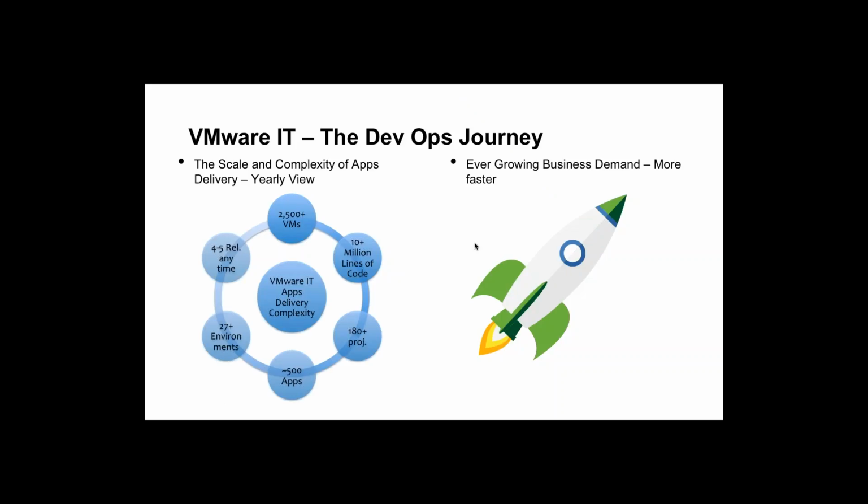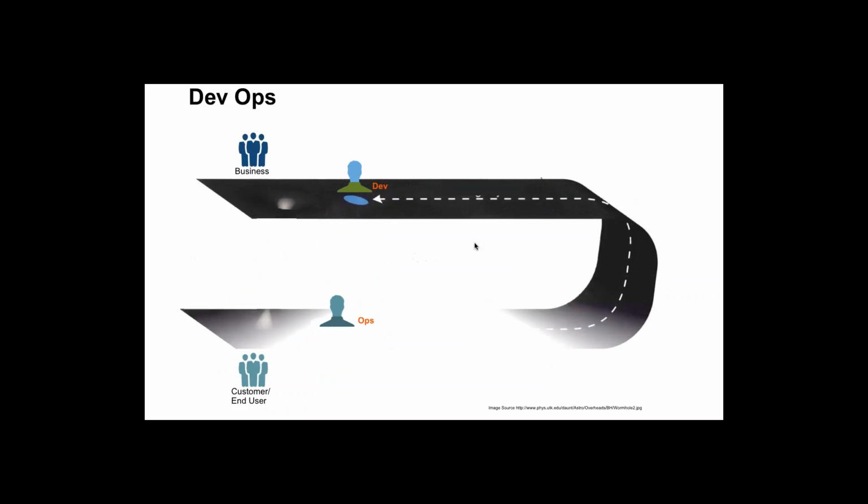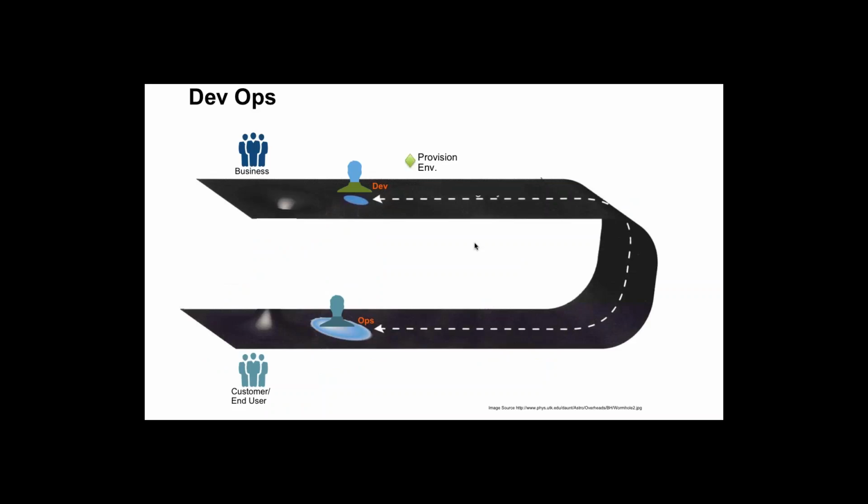And still, the business always wants more, wants faster. The business is trying to get its feature set to the end customer as soon as possible. However, our processes involve development and ops folks, and there is a path by which these artifacts developed by developers get all the way into production. And that's where we came up with DevOps